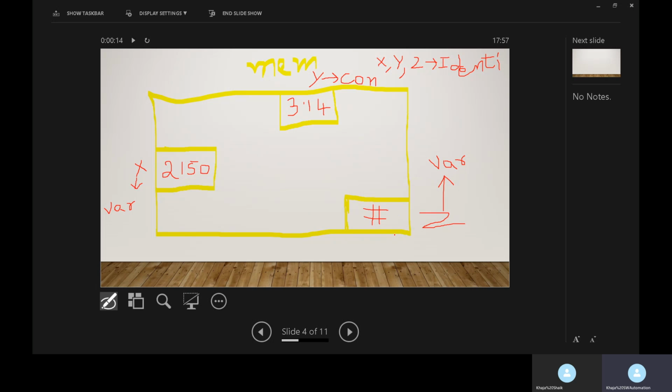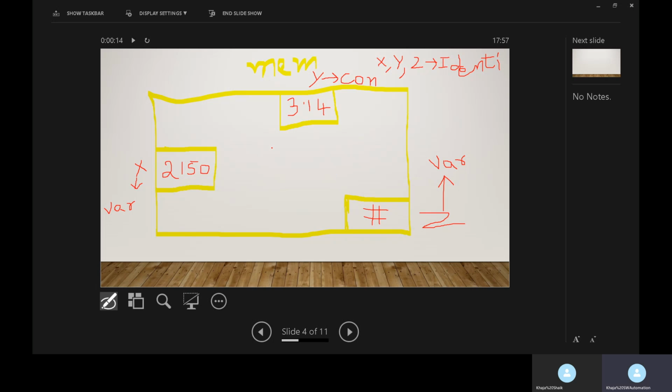If we come to the third identifier, this is not a numerical value, it is simply a character. Before there was a dollar, then an asterisk, and now it is a hash. So this is another type of data.